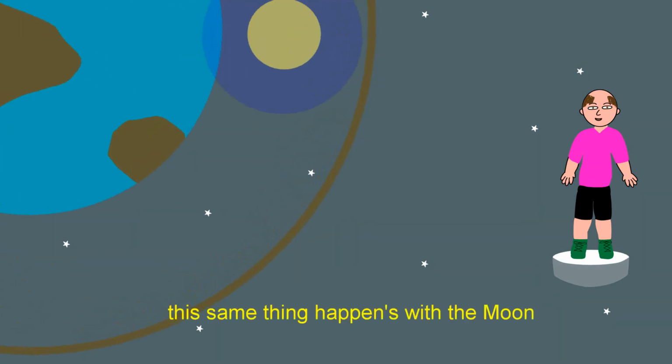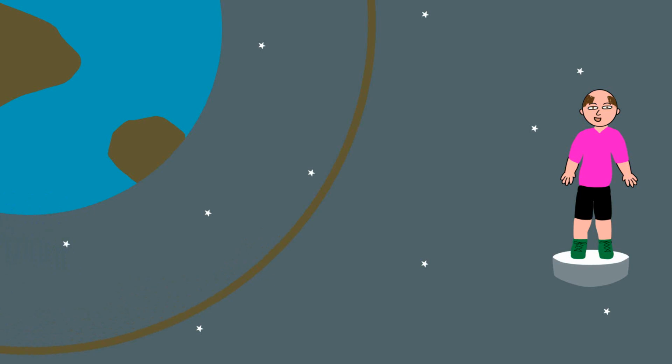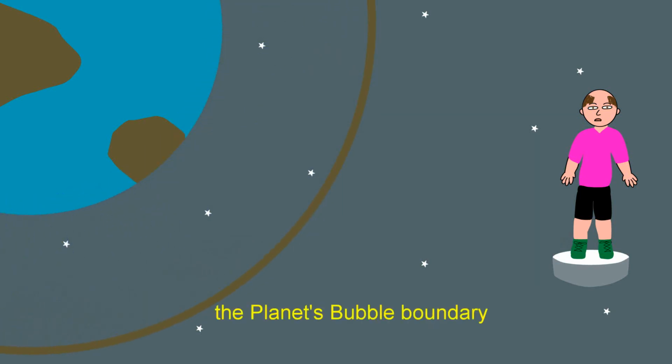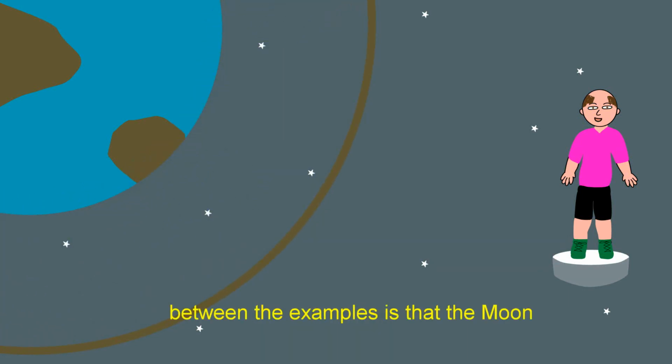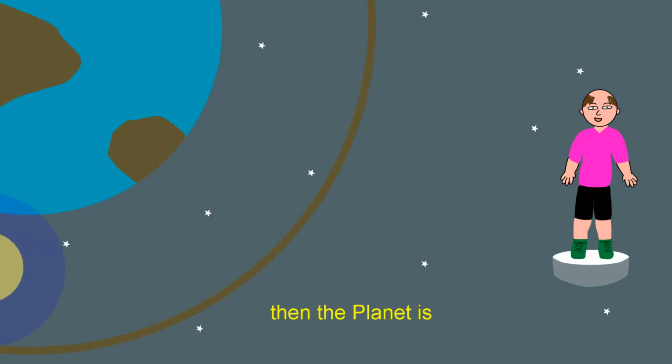This same thing happens with the moon within the bubble of the planet. They are of different harmonies, and the moon cannot cross the planet's bubble boundary. But the difference between the examples is that the moon is larger compared to the planet than the planet is